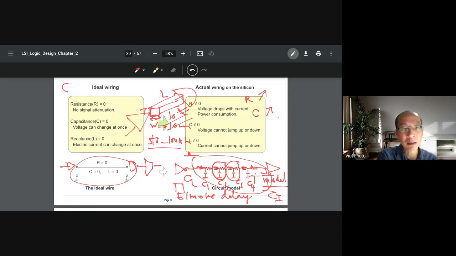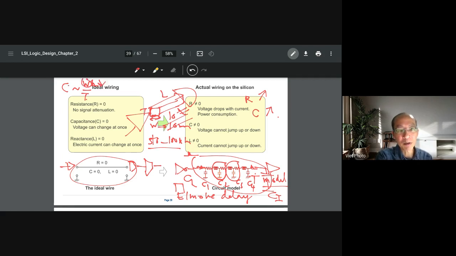I think C is proportional to the width over the thickness, the thickness outside, and also to the length L. So you have the width. The width is reduced, but the thickness is also reduced. So basically, because of this,